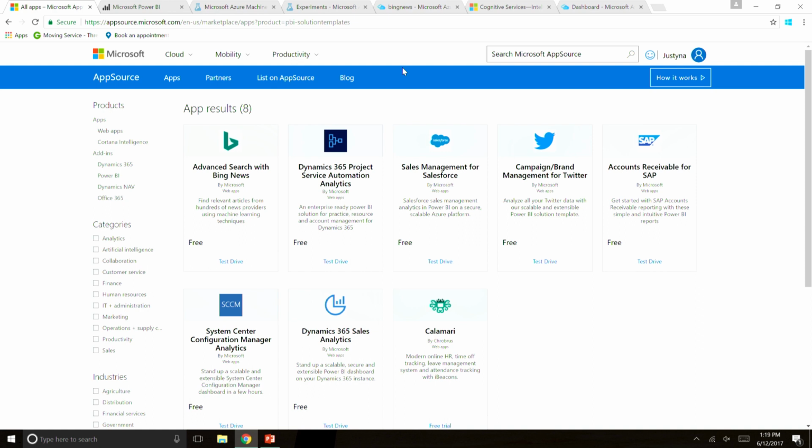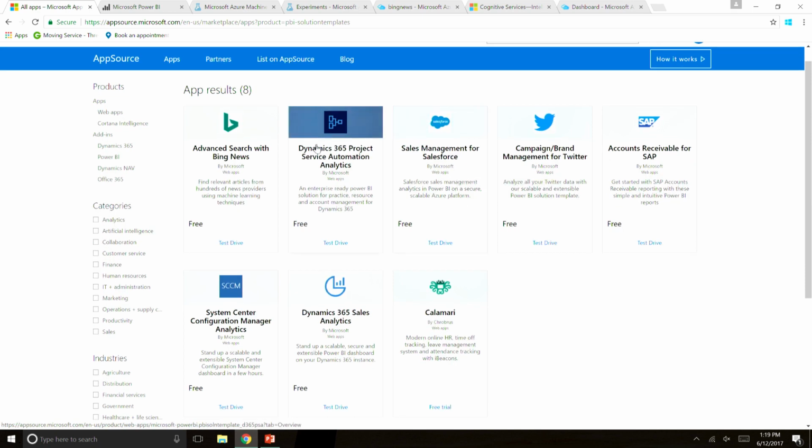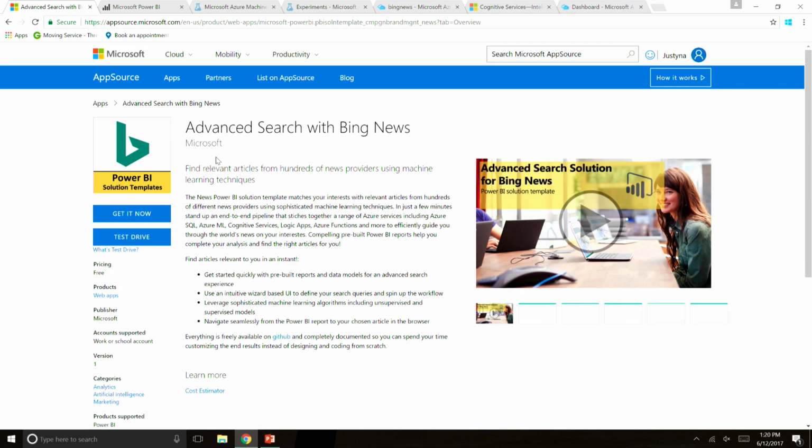So a lot of the questions that we had to think about when we were creating these templates is, well, how are we going to go about automating all of these advanced analytics pipelines and workflows, and how are we going to do this without any kind of user intervention? Now, what I'm going to show you is stuff where you could set it up yourself manually, so it does require user intervention, but then it works in an automated way. So you wouldn't have to worry about how your workflows with your advanced analytics actually work. And so the kind of solution template I'm going to use to illustrate this is this advanced search template